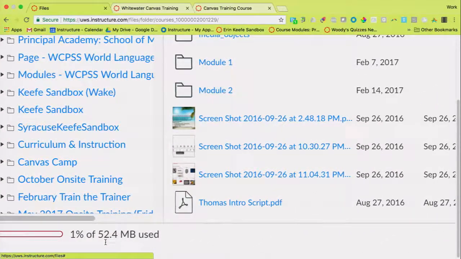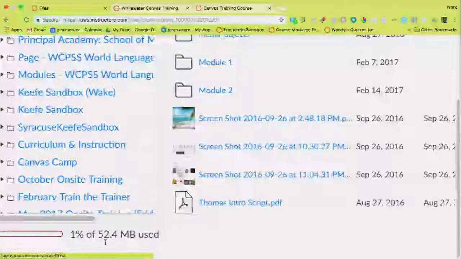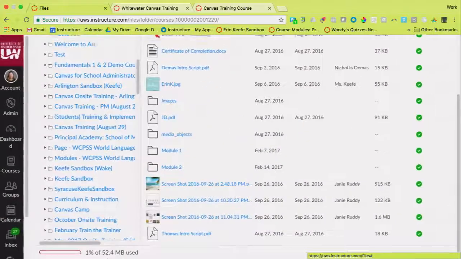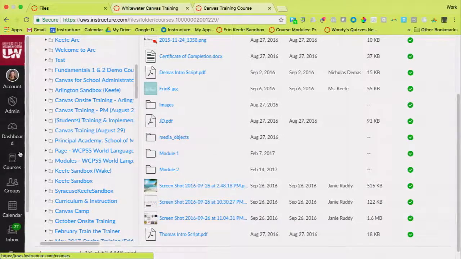I don't want anybody to freak out with the limit that you're seeing down there, so you will see a file limit. We'll talk about what things count against that in a course when we get into courses a little bit later on. What happens when the file limit is reached? When the file limit is reached, it'll show you that it's all the way filled up, and it won't let you turn any more files in.